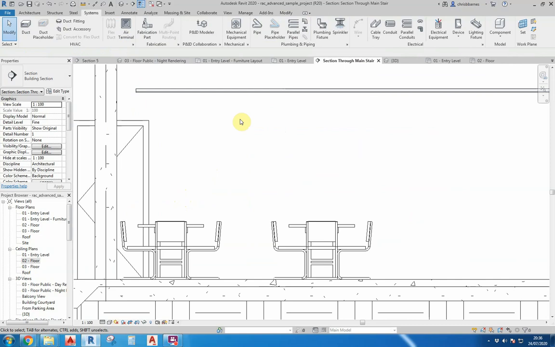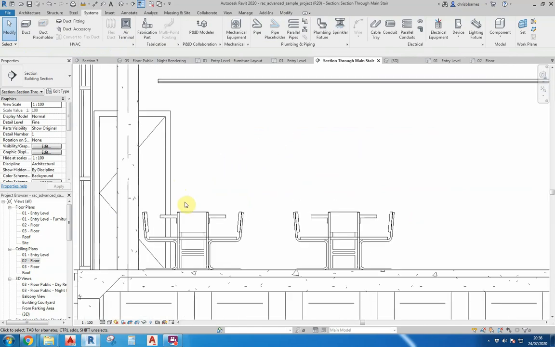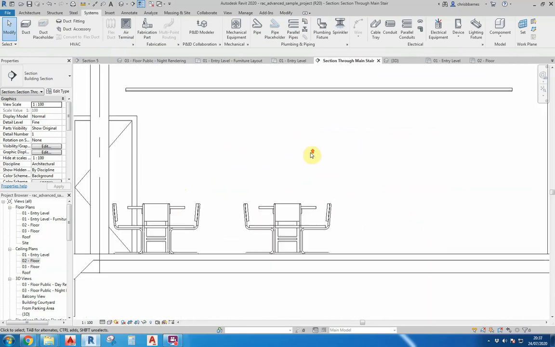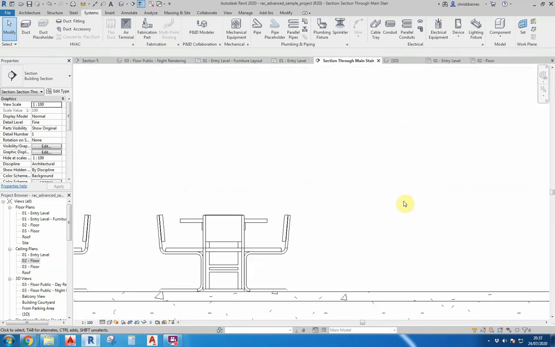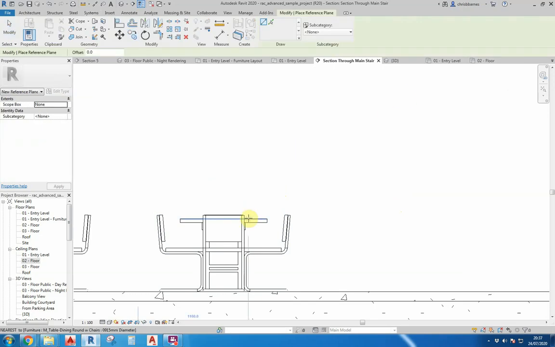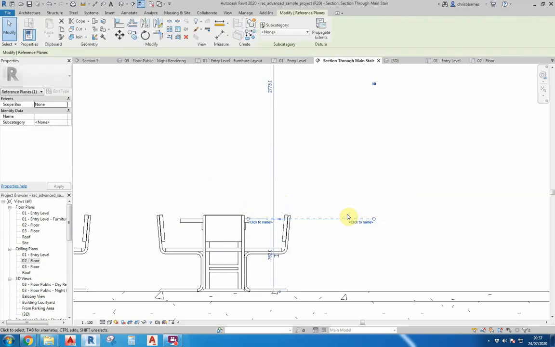Now if we go to a different view here, which shows furniture, we can also use these reference planes when we want to assign items to them, such as socket outlets on a wall. We can reference the reference plane and we can set the height based on that particular element. So as an example, if we draw a reference plane to the height of the table, such as this, and then now that we've clicked back on it, we can go over here